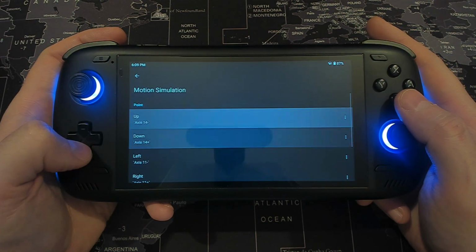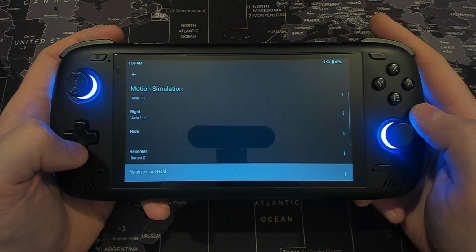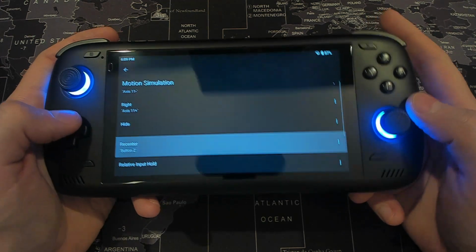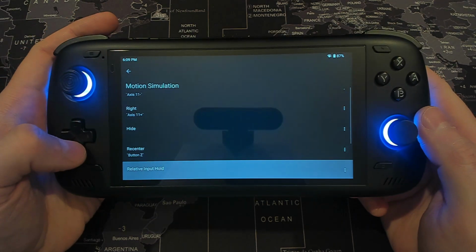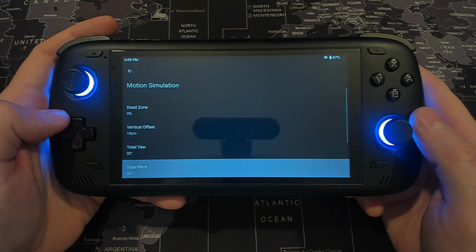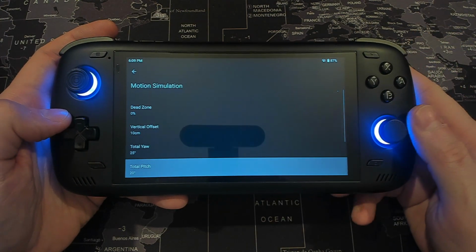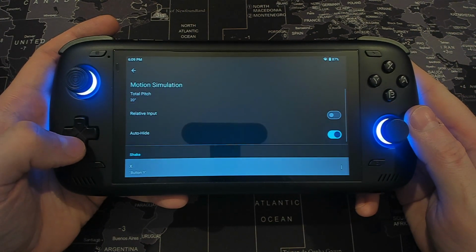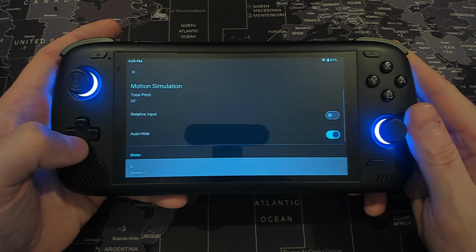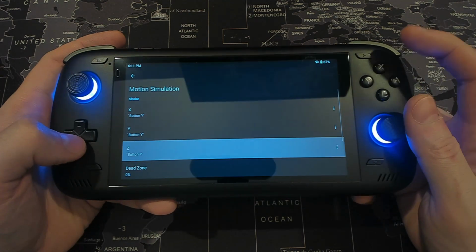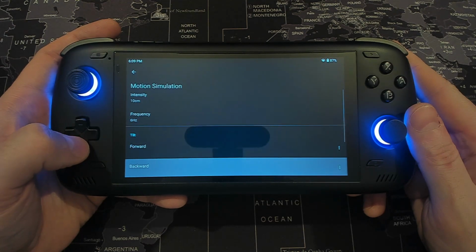I'm not using them. For motion simulation, moving the Wii remote around, I've got it set to the right stick. I've got recenter pushed on the back on one of the M buttons here. Probably don't need to use it, but I've got it there just in case. Here is the range of the Wii remote, so how far it will go to the edges of the screen, and auto hide is important for a game like Super Mario Galaxy. We don't want to see the pointer all the time, so after it's used we want to move that. The Wii remote shake I've put onto the X button,